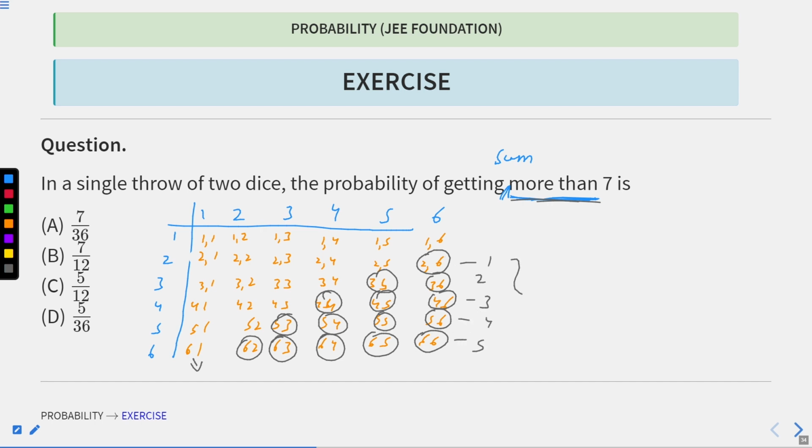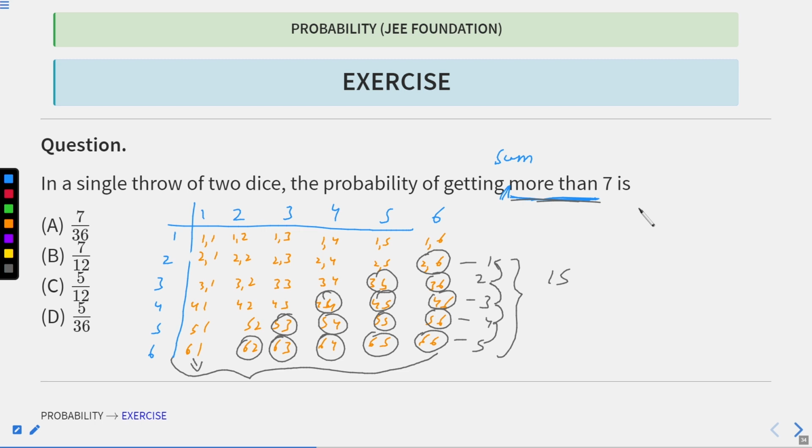So in total I have how many possibilities of favorable outcomes? 5 plus 4 is 9, 9 plus 3 is 12, 12 plus 2 is 14, and 14 plus 1 is 15. So favorable outcomes are 15, and in total what are the elements in our sample space? These whole numbers written in orange and separated by commas are my sample space. If you see, the sample space contains